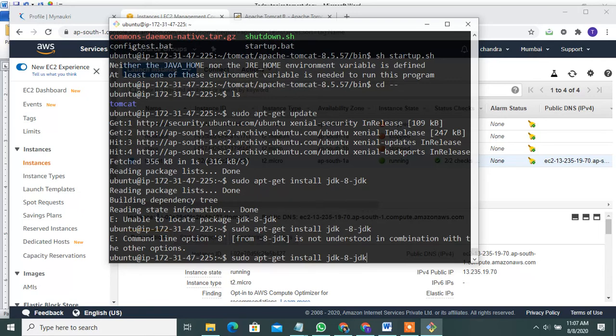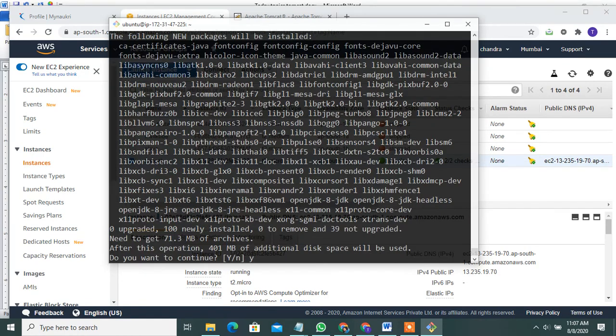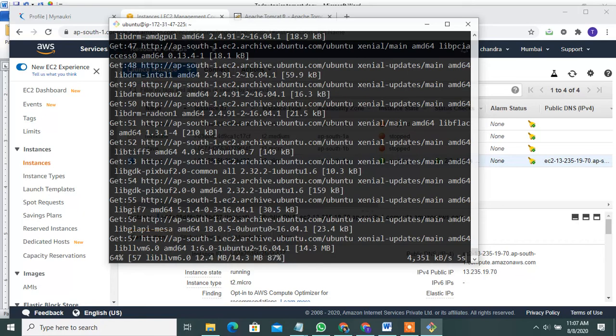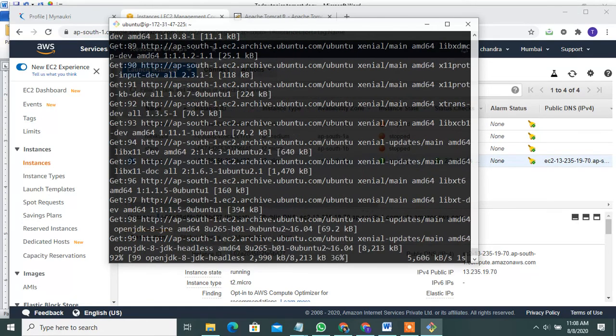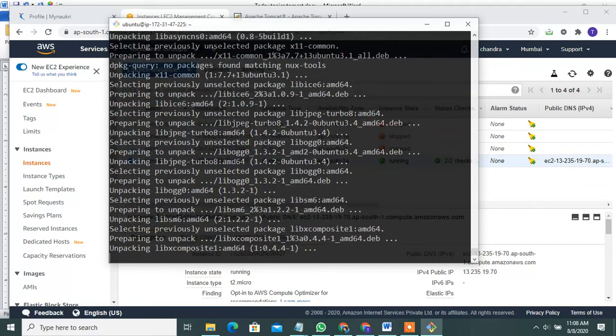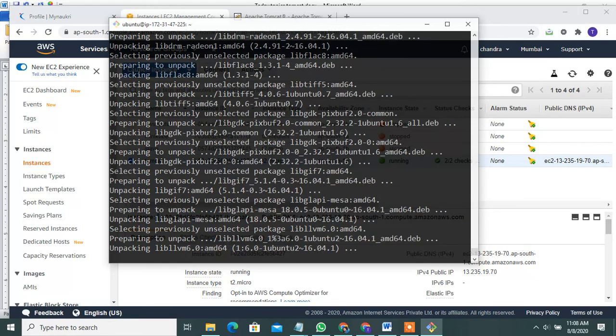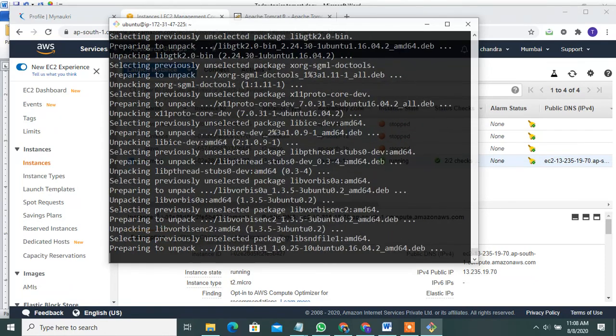Sorry. Yes. See, observe, Java 8 is installed.